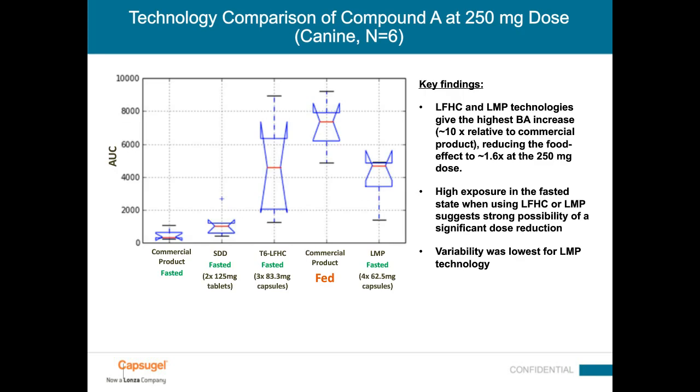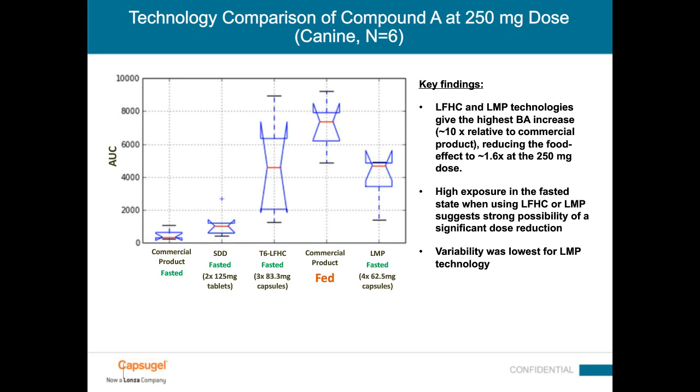And so there are 5 box plots here shown for a canine study, here showing just AUC, total AUC for the dog study. On the far left is the commercial crystalline product in the fasted state with very low bioavailability. The second one is the SDD, and we see that while we get some improvement relative to the crystalline form, the improvement is not as high as we were hoping in reference to the fed state commercial product shown on the fourth one. So quite modest relative to what we can achieve closer to full bioavailability in the fed state.